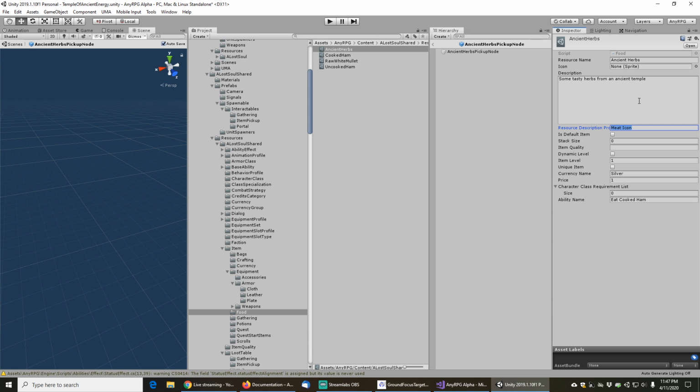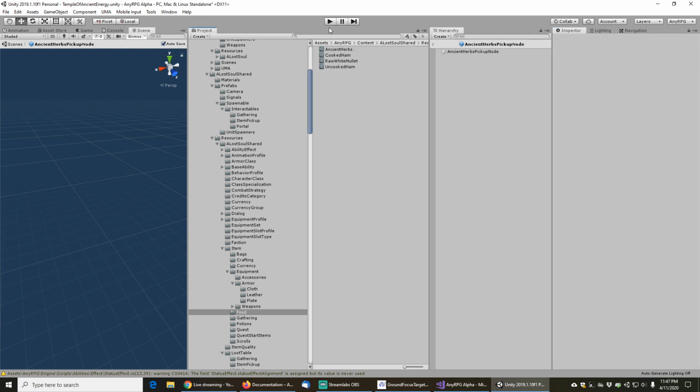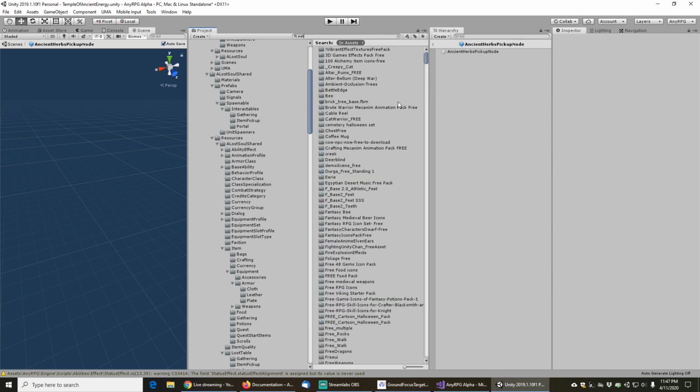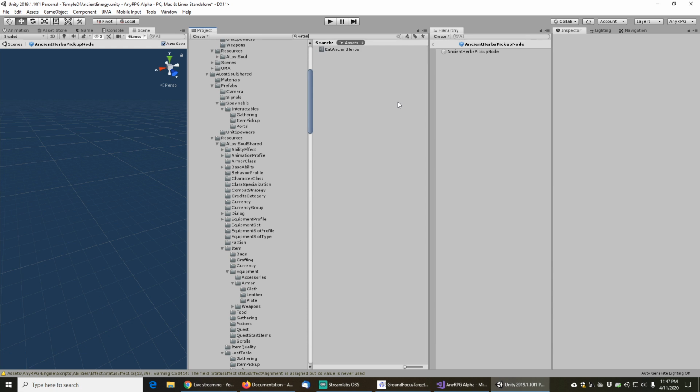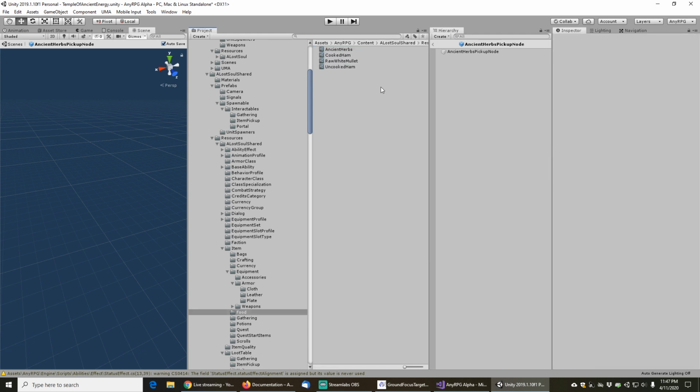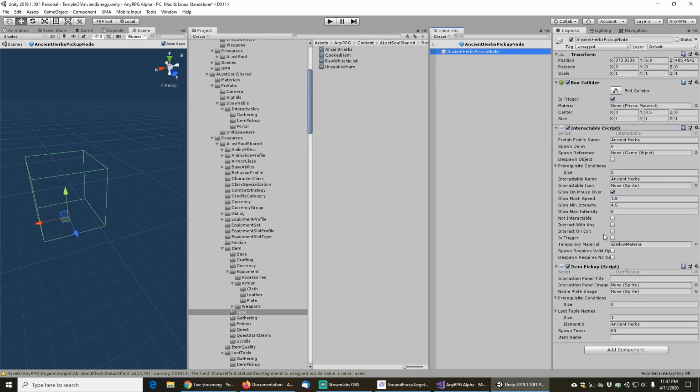The resource description profile, I think I called that the ancient herbs icon, and the ability name, eat ancient herbs. Now let's just make sure that I actually created that ability called eat ancient herbs. Good. Okay, perfect. So now that we've got that pickup node and the prefab profile,